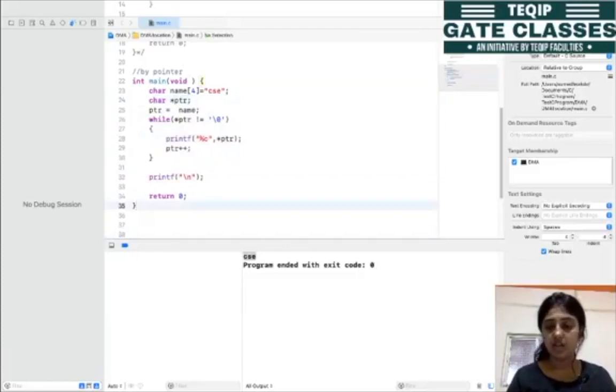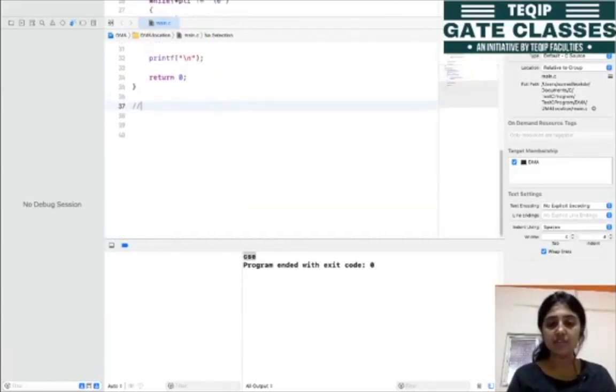Then let's see our third possible way. So the third possible way was by using the printf and scanf.